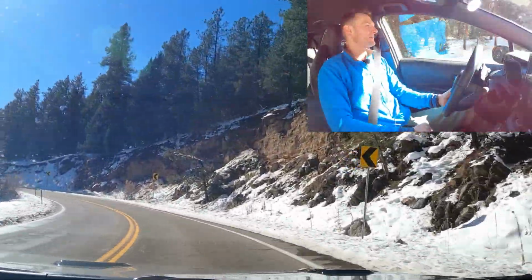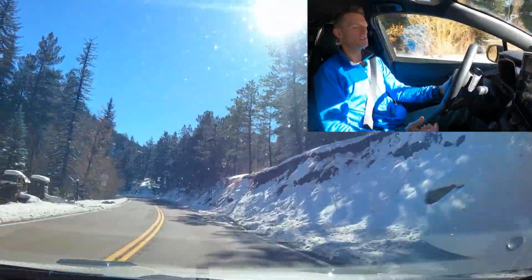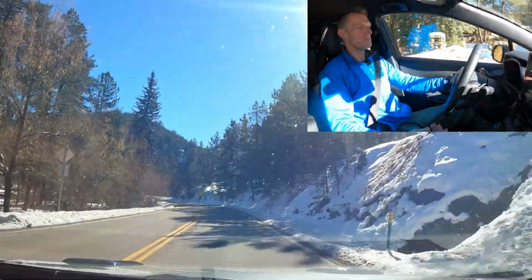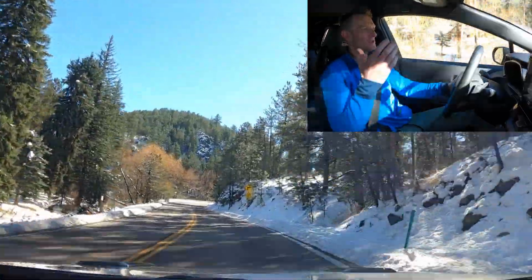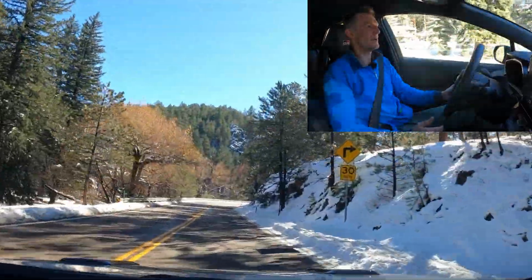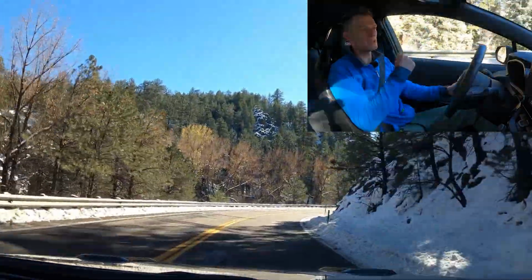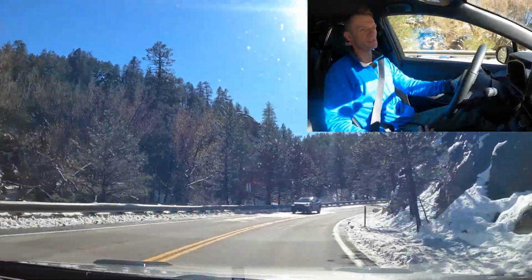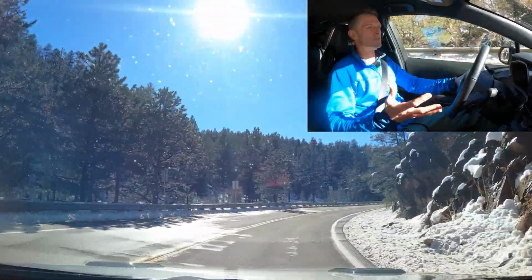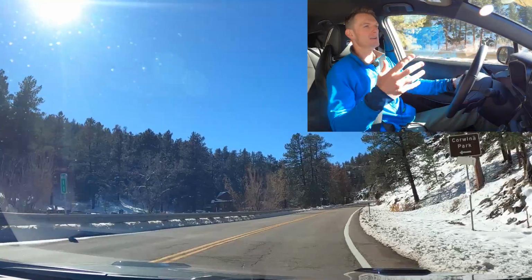But look, end of the day, I think they've done a fantastic job introducing an automatic. It gives you options in the space. It's not a joke. It's not a CVT automatic. It's a legit one. And I think it still gives you all the character that you want out of this car. This is almost more of a rally car to me than it is your street fighter type,